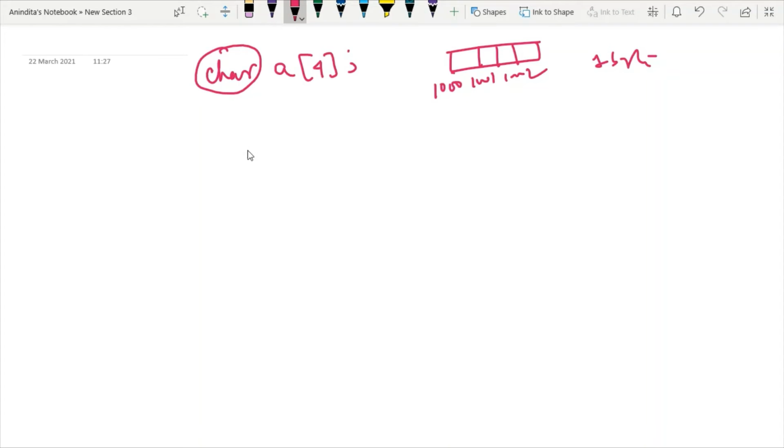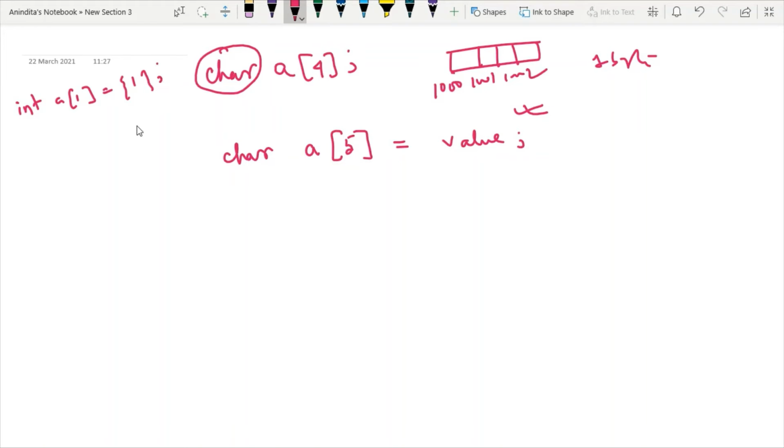Say if I write this kind of syntax, character a of 5 is equal to some value. This kind of syntax is correct, because in the previous discussion I discussed that while defining an array, I can put some value statically.